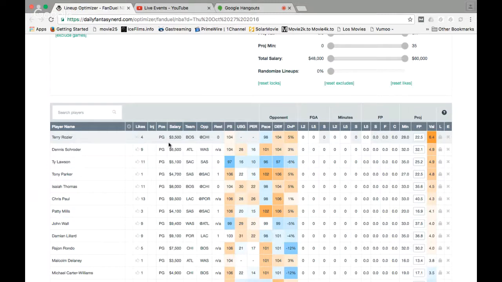Okay, so based on value, I want to pick Dennis Schroeder. Dennis Schroeder is playing at home, and he's playing against a Washington team that is basically on a serious rebuild, considering they traded a lot of people last season. Some key components in my thoughts, but nonetheless, they made those trades and those changes. I want to target Dennis Schroeder at home. They're favored to win